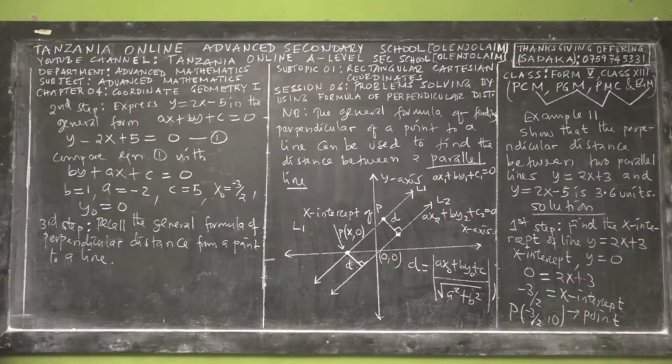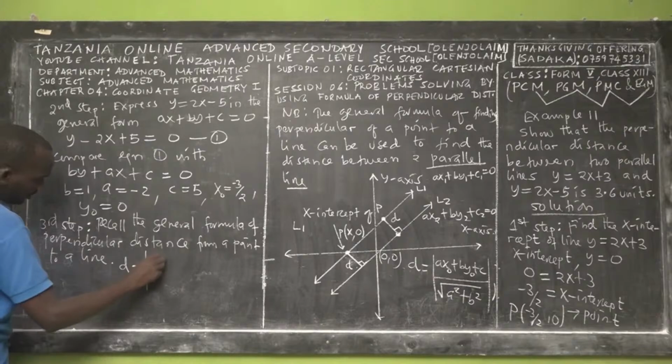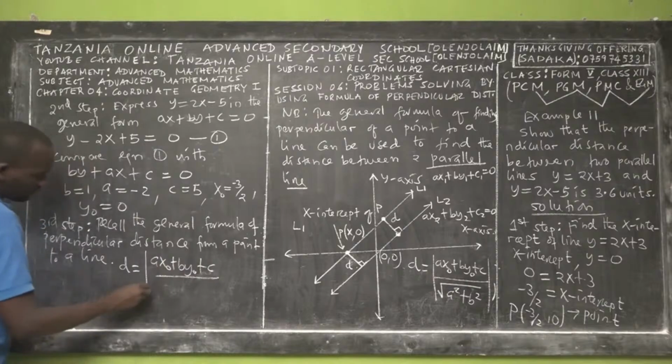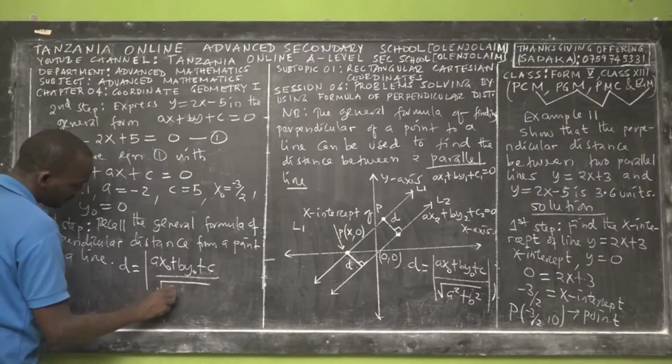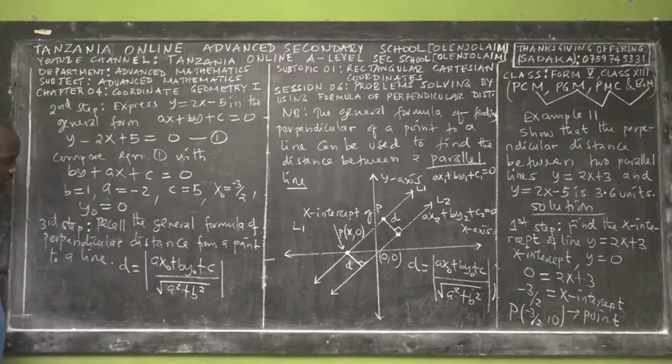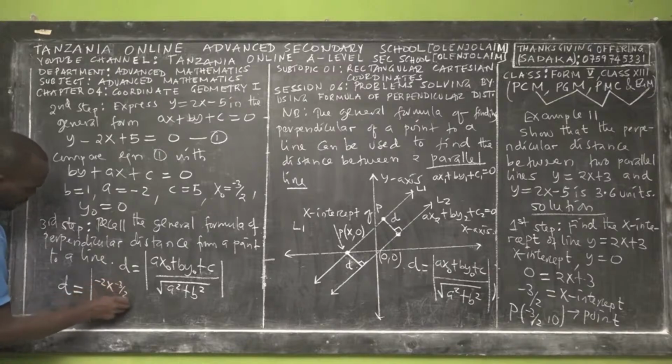Okay, so if that's the case, we say that the distance is equal to the absolute value of a x naught plus b y naught plus c, over the square root of a squared plus b squared. The distance: a is negative 2, comma x naught, which is negative 3 over 2,